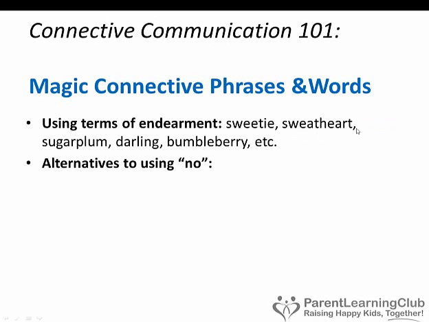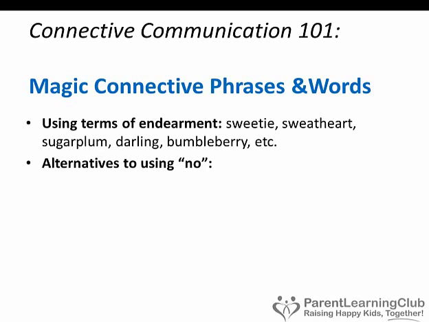The other magic words or phrases are words to use when we need to say no, to try to avoid actually saying no, to use an alternative to no. Now, there's nothing wrong with saying no, but what I've found again and again is that parents who use no all the time find that it really loses its power. If you have to keep saying no and your child still defies you, then the word no has become impotent for you with your child. They have no respect for that word.